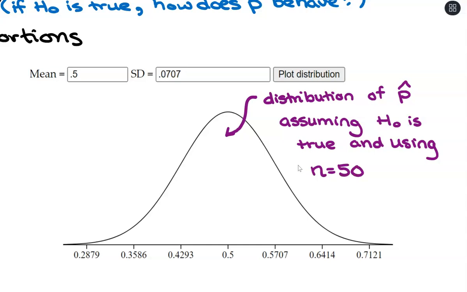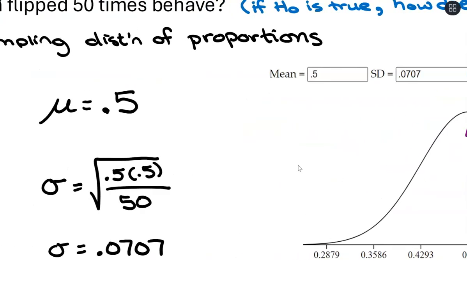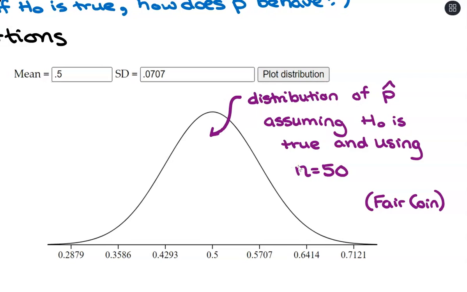There are two pieces that are important here. This is built under the assumption of our null hypothesis, which in this case means we have a fair coin being flipped. And also that we're using the same sample size. Our sample sizes should match because, as we talked about, sample size affects things. You can see it in the standard deviation, with that denominator where we plug in our sample size. So we want to make sure that stays consistent. And then we can see how all sample proportions should behave